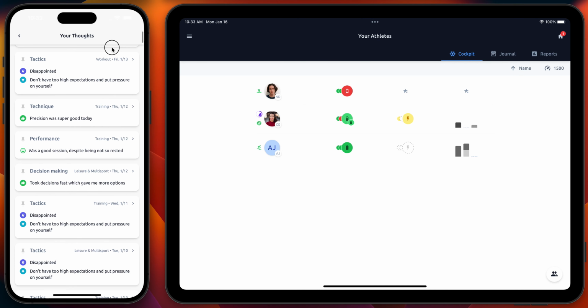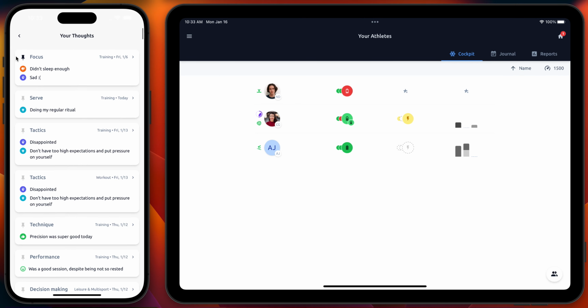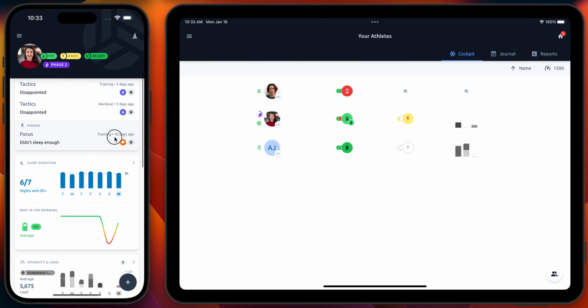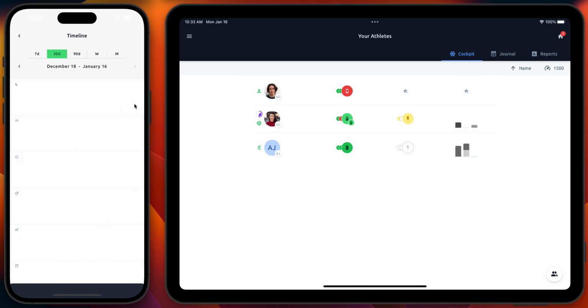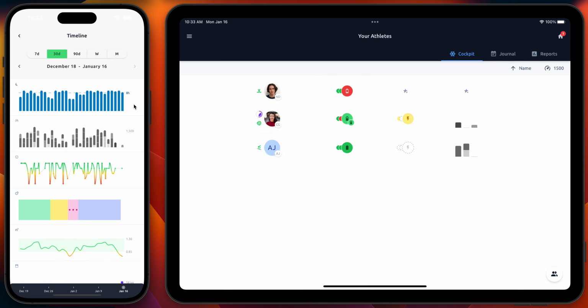So thoughts from the past, which you can also pin on top if you want to be aware of them, for example, for the next training or the next competition. We have visualization on a timeline, as we call it: sleep, intensity, satisfaction, your menstrual cycle with the different phases.